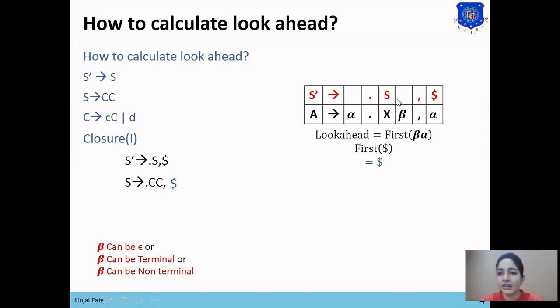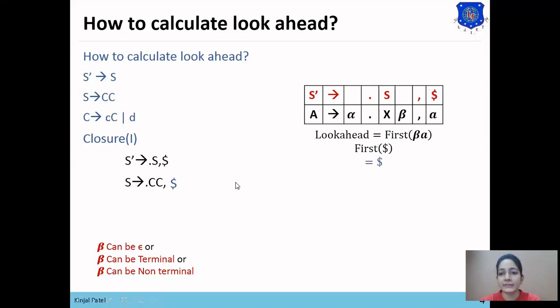If beta equals null, then we can directly place the look ahead symbol of S' in the look ahead of S. We need not find first of beta a if beta is null. If beta is a terminal symbol, then we place that terminal symbol in the look ahead.